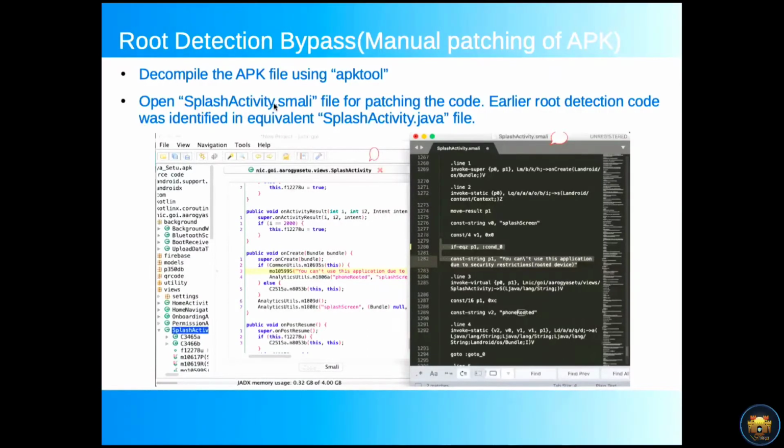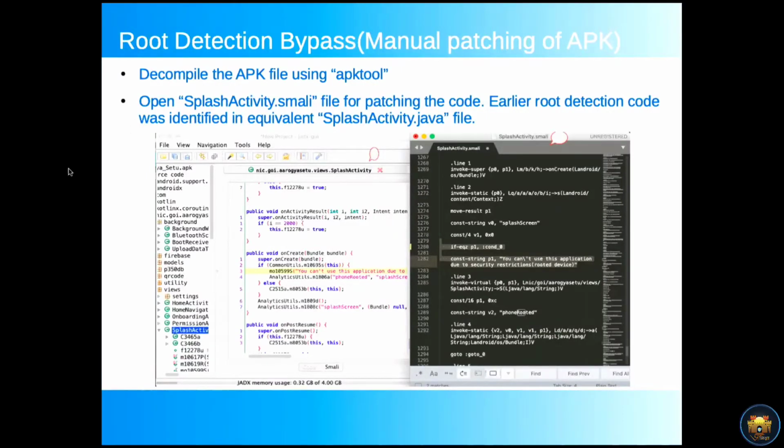So the equivalent is a Smali file, which APK tool converts the code into. A Smali file is a file where the code is present in DEX assembly format.